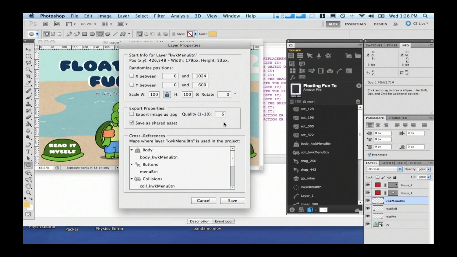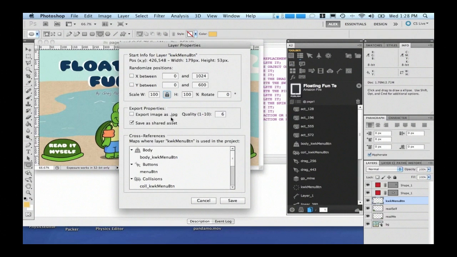And in layer properties, you can set the scale of the layer when the project starts. And this is also nice because some of you asked me in the past, I want to animate, but I want to start big or smaller, and I cannot do that. I can just set the ending, not the start. Now you can set the start here, and you can even do more than that. You can say, you know what, for this particular layer, I don't want to have a fixed position when it starts. Randomize it for me, and you can do that, and you can set limits. You can set here if you want to export the image as JPEG or not, even adding quality to that.